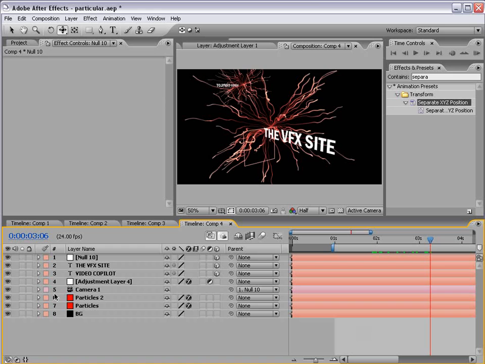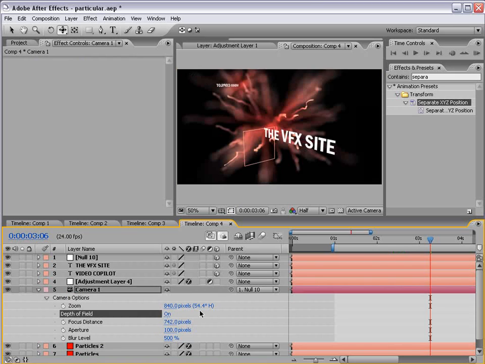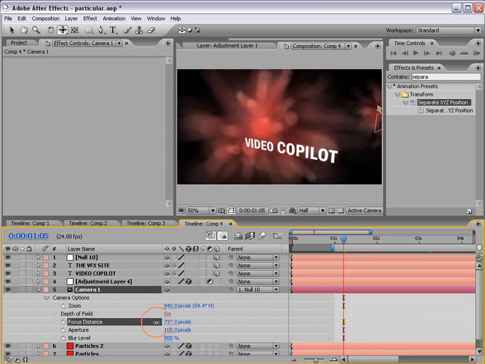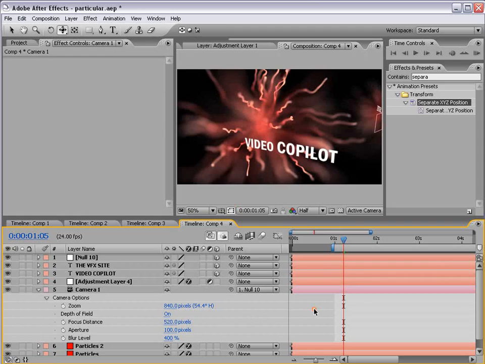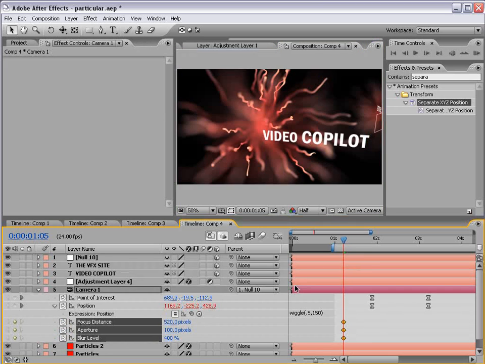And the next thing we will do is turn depth of field on for the camera. So we'll turn it back on. And we'll start here at the beginning, and we need to adjust the focus distance, and that's no problem. So we'll set this to be further away, or actually closer. And maybe we'll turn the depth of field down. So this could be our first shot, and then our second shot we could change the depth of field. So we can just keyframe these parameters